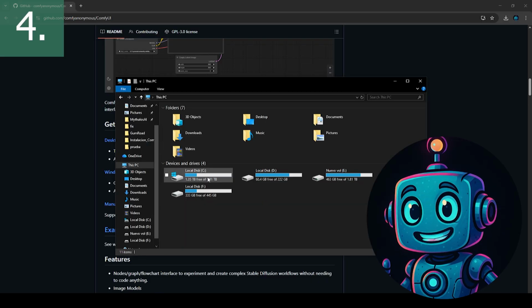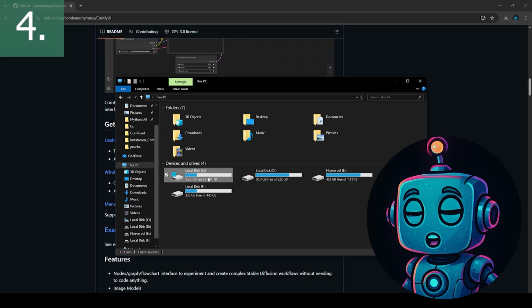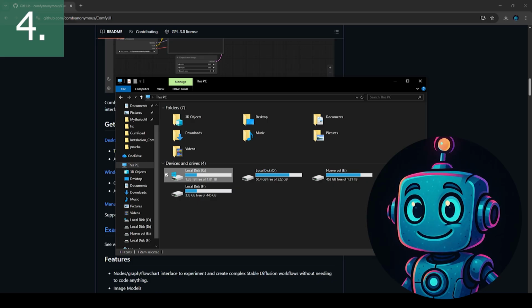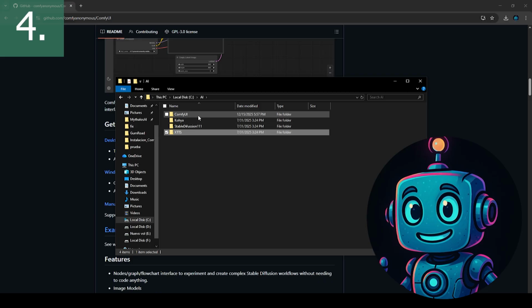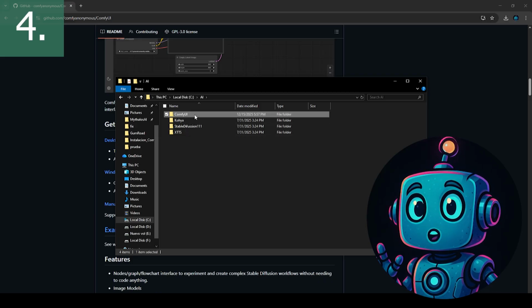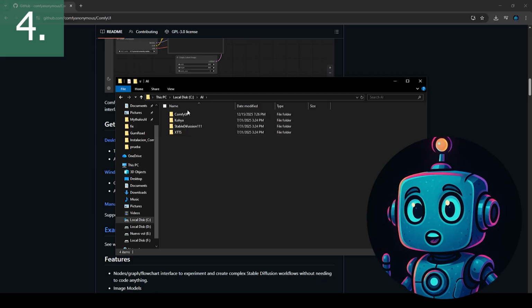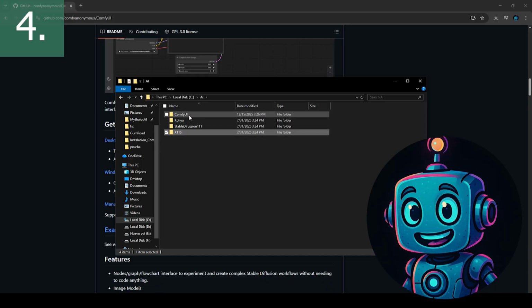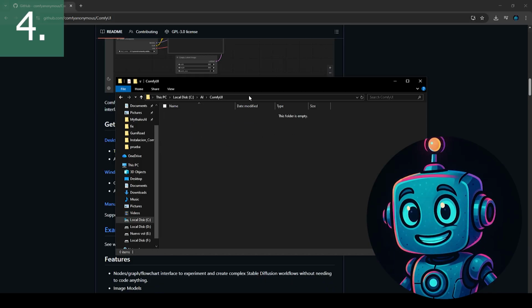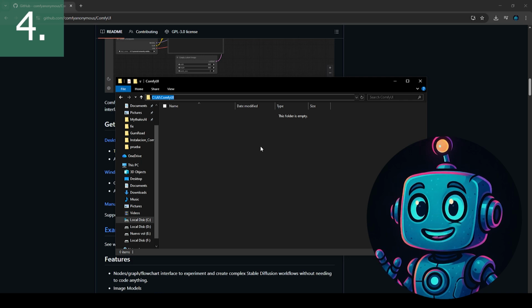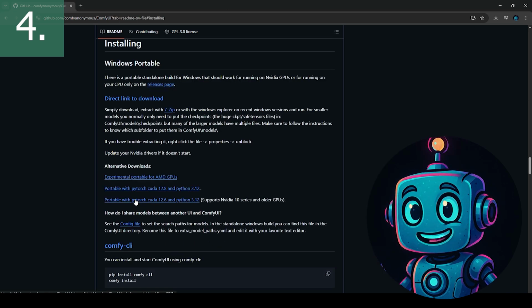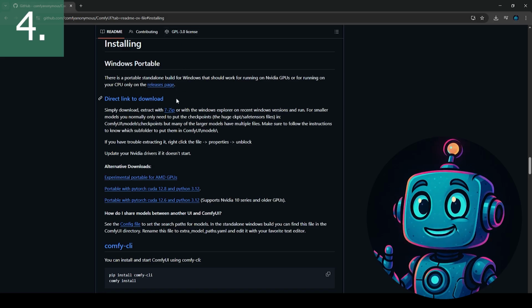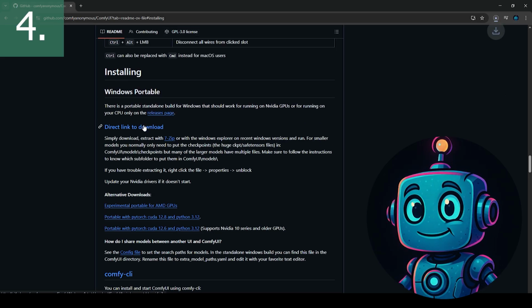I'll choose the same directory I use in the automatic installer on my M.2 SSD, since it's the fastest drive I have and it has 2 terabytes of space. However, you can install it wherever you want. Just keep in mind that this folder will eventually contain a very large amount of data, as we'll be downloading many files to work with ComfyUI over time. This is not a traditional program like Photoshop, where it usually takes up around 20 gigabytes at most. Depending on how you use it and how many models you work with, ComfyUI can easily take up 500 gigabytes